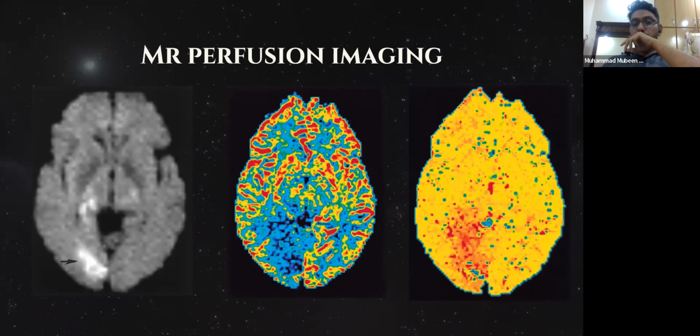For example, you have a patient who has presented to you with an acute infarct of the right occipital lobe, and you can see in the DWI image of this patient, the ADC was quite black on these images. This image is a color-coded perfusion image, with the red areas receiving high blood flow, yellow receiving lower, and the blue receiving even lower amounts of blood. In this image, you can see that the